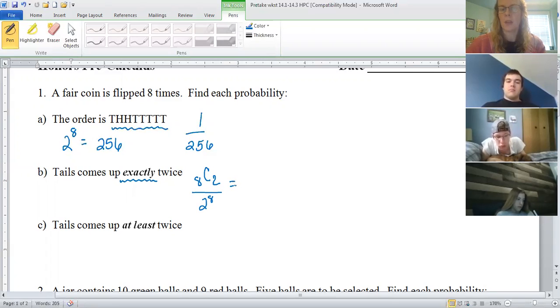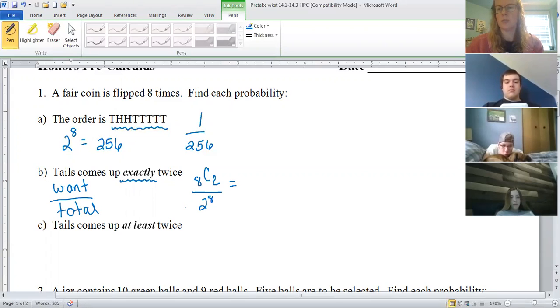Okay, so remember, for probability, it's basically what you want out of the total. Hopefully remember that from basic probability stuff that you've seen in algebra, geometry, and algebra 2. Okay,